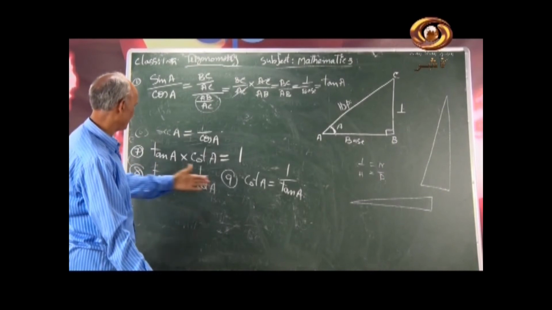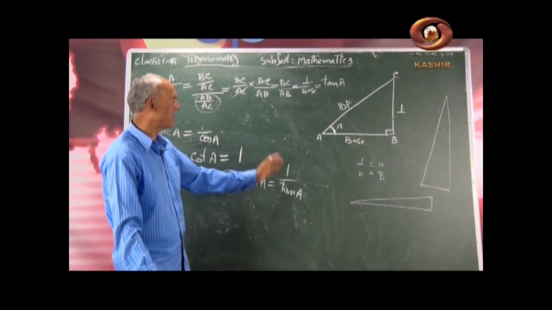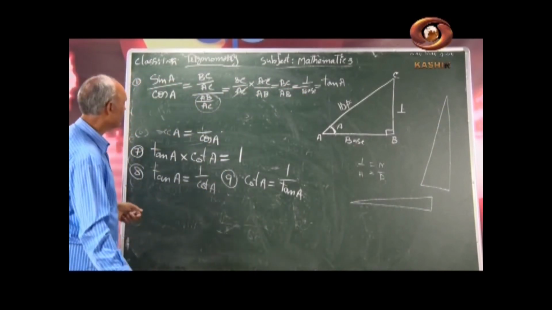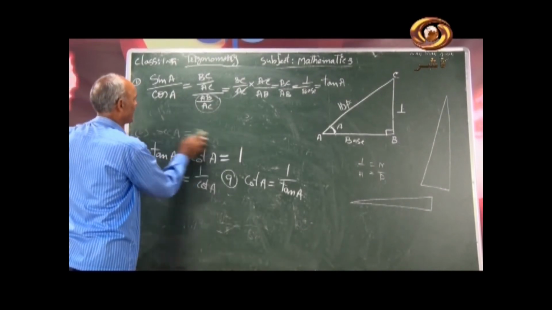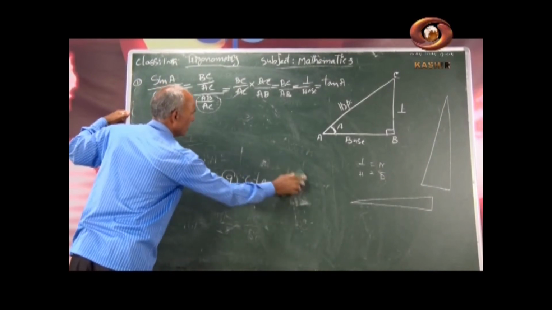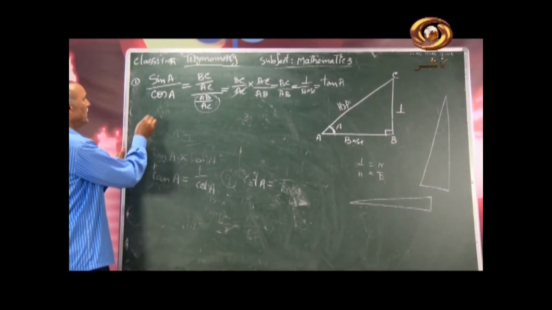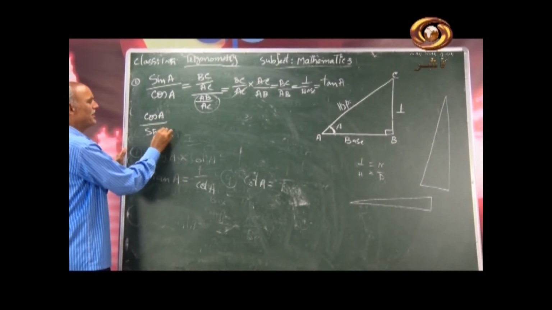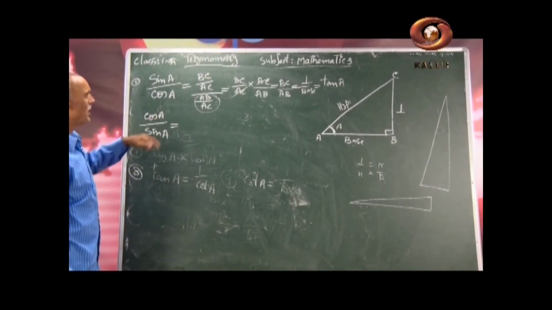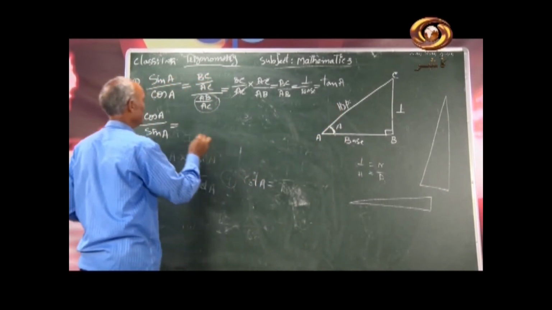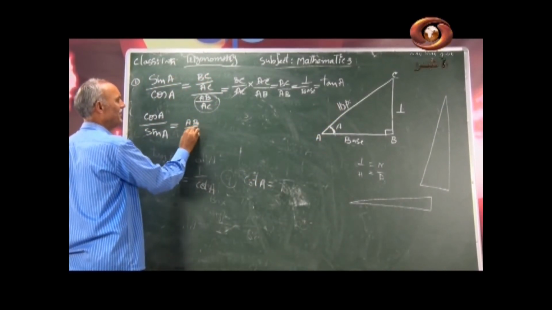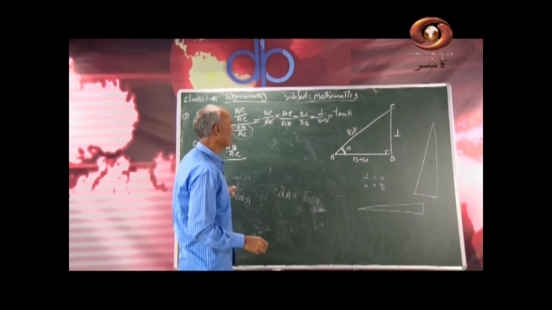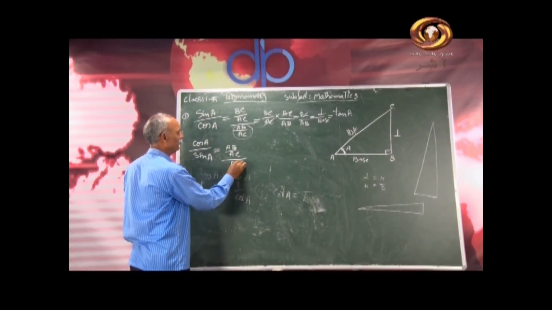This is extra to this: tan A is equal to 1 by cot A, cot A is 1 by tan A. But this, sin A by cos A, is equal to tan A. Similarly, if we take the reciprocal, cos A by sin A, we can show that it is equal to cot A. So, one more formula we can derive here, cos A by sin A. If we take this ratio, cos A by sin A, and take the values of cos A means base by hypotenuse, say AB by AC, divided by sin A. Sin A means perpendicular by hypotenuse, that is BC by AC.